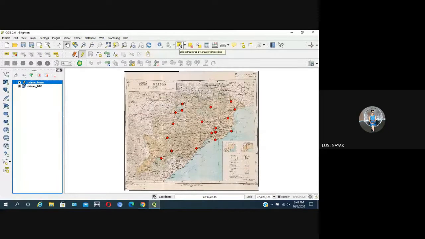Just drag it. Just drag and select. You see the points he has selected are in yellow color. All the points in the layer are in red color, but the points he has selected are in yellow color.